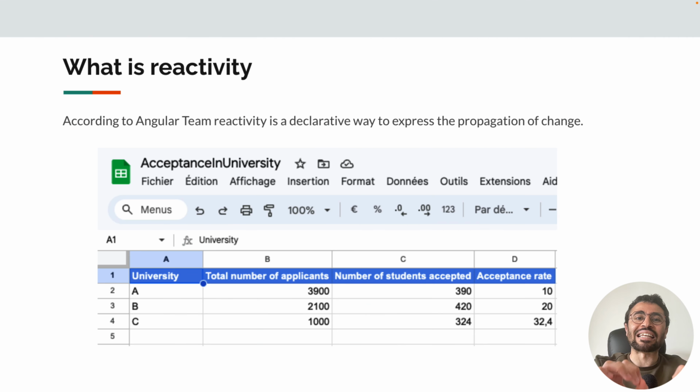According to Angular team, reactivity is a declarative way to express the propagation of a change. So let's take an example of Google Sheets. Suppose that we have a sheet to calculate the acceptance rate in university, which depends on the number of both applicants and accepted students. So that's reactivity, meaning when we change an input, we need to recalculate and show the